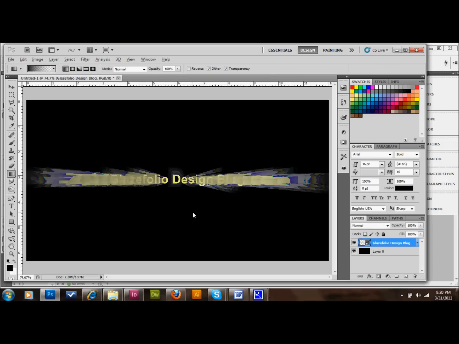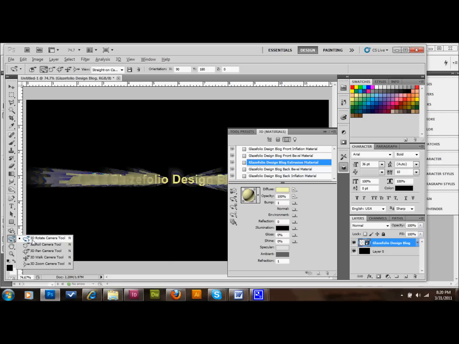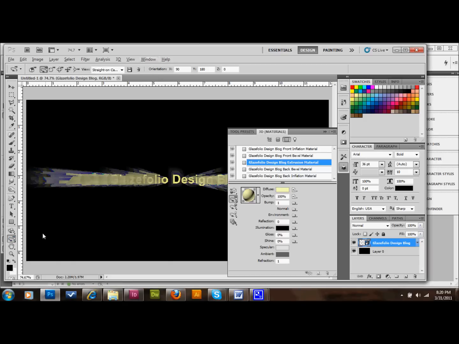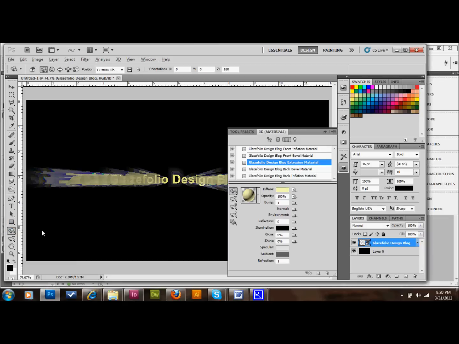What we'll do is we'll go to our 3D rotate tool once again. I was on the wrong one. 3D object rotate tool. And what we'll do is we'll make our orientation X will be 30, Y